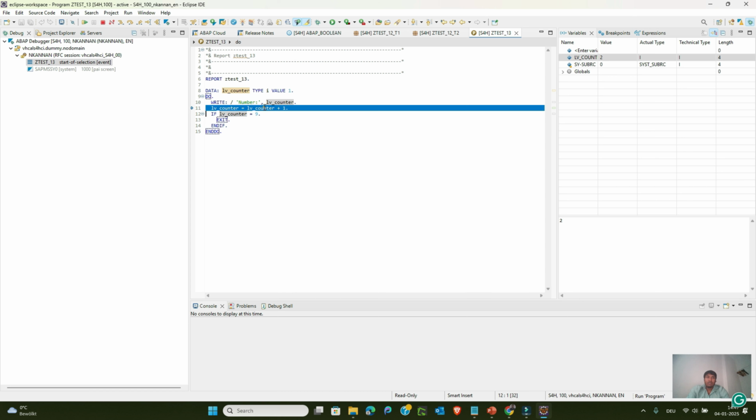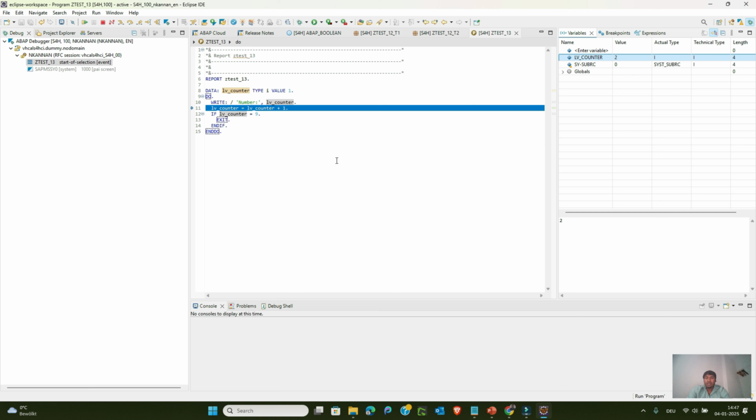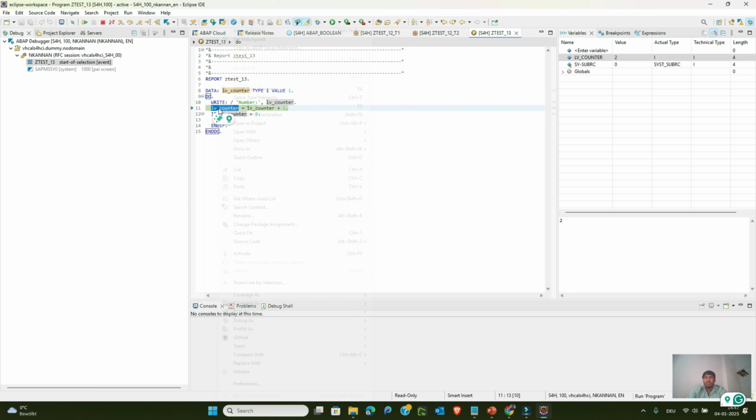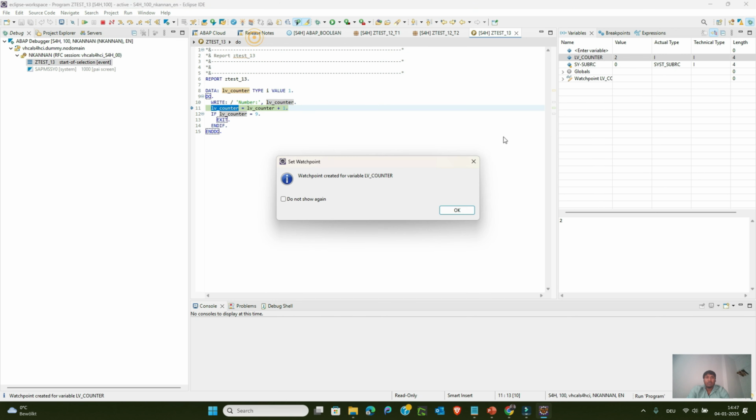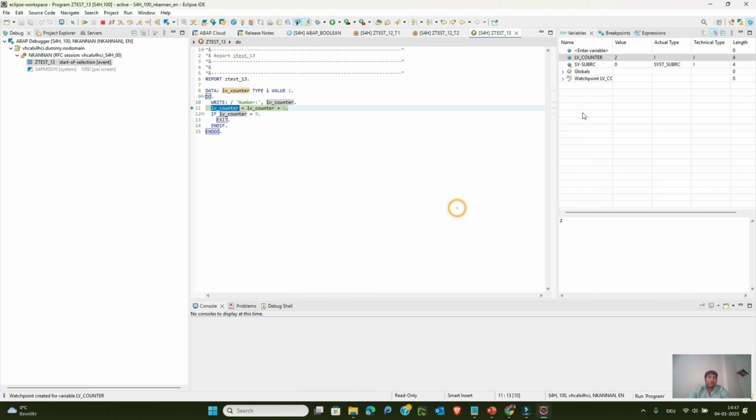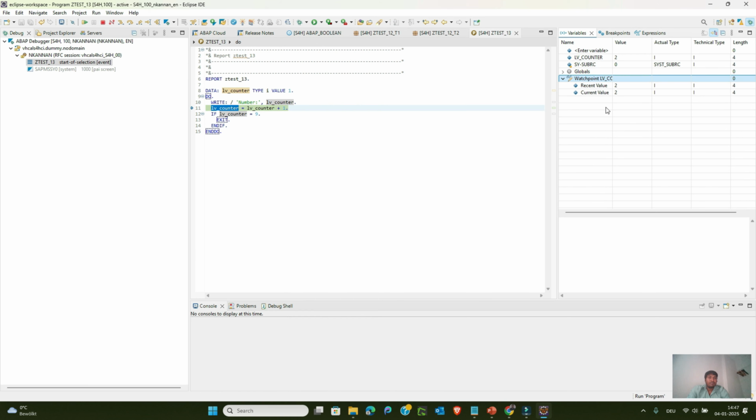And then what is the counter value now? To check the values of the variable, double click on it and you can check it here. The LV counter value is 2 right now. So what I want to do is set a watch point for the LV counter. To do that, right click on this and click on set watch point, and then click on this one